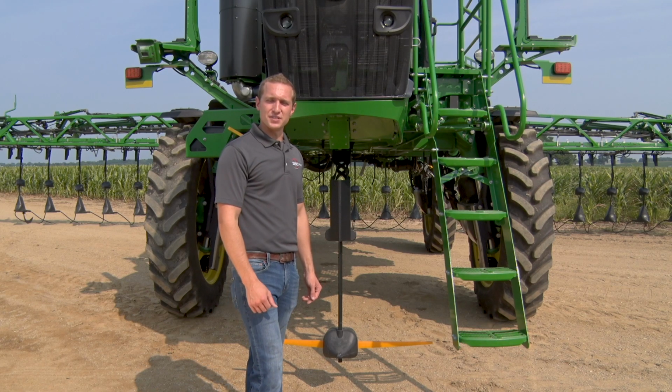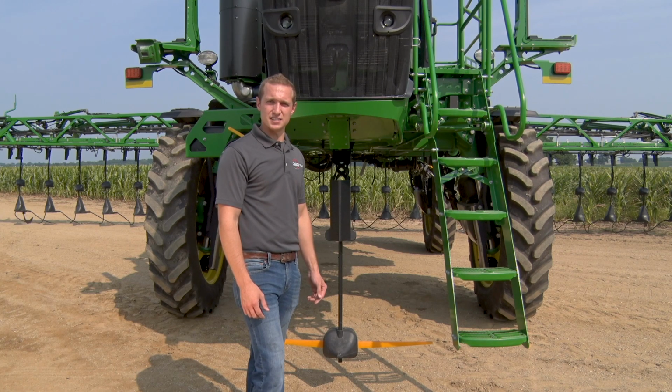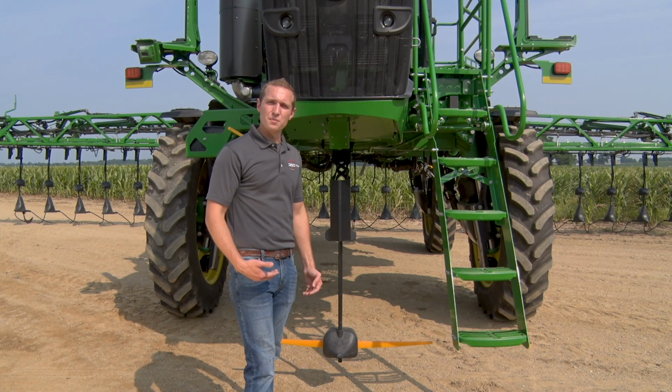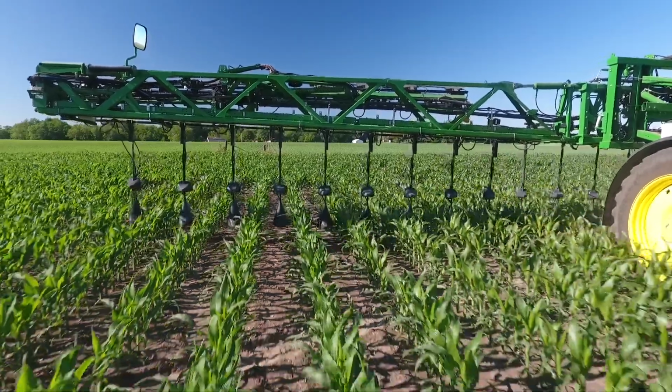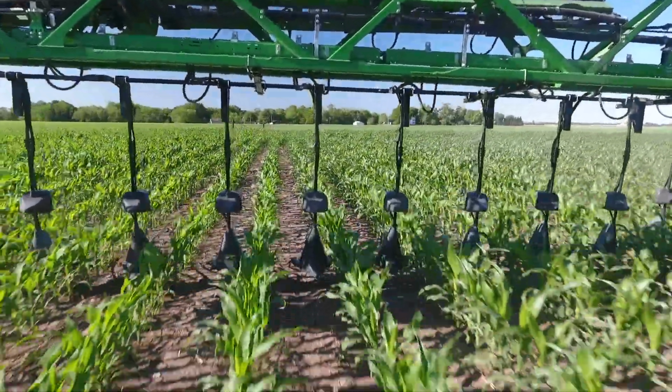Our team of engineers here at 360 has been working hard to provide you with a simple and reliable boom height and steering system. There are a lot of other systems out on the market. These are meant primarily for pre and post spraying for small crops and for flat open surfaces. We are more focused on our 360 wide drop and 360 undercover applications, where we don't care so much where